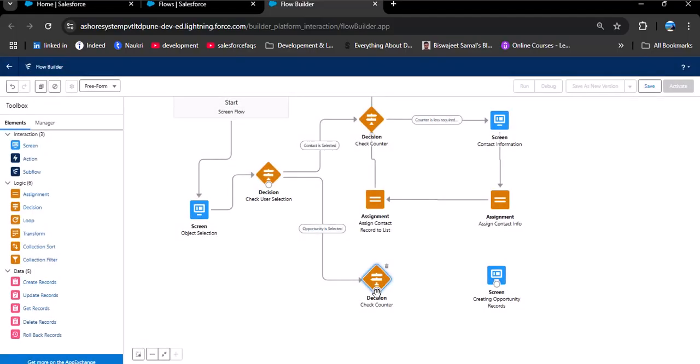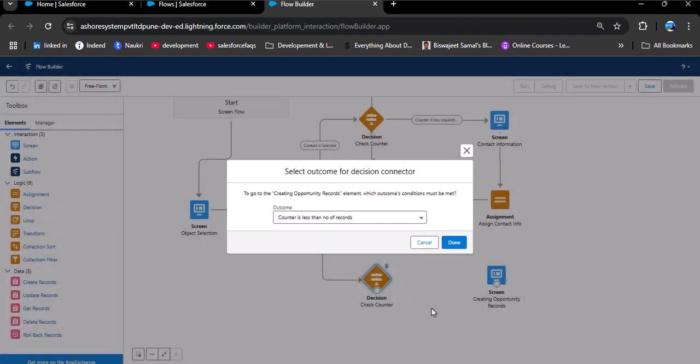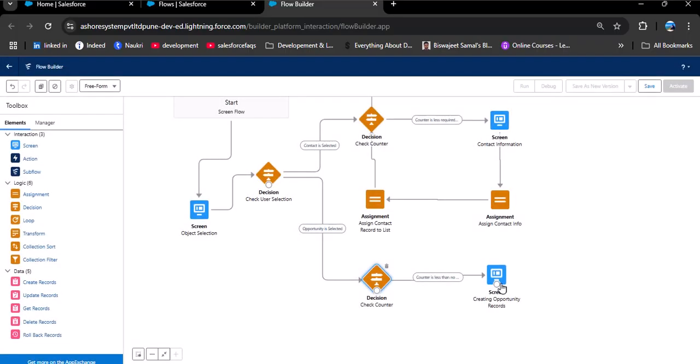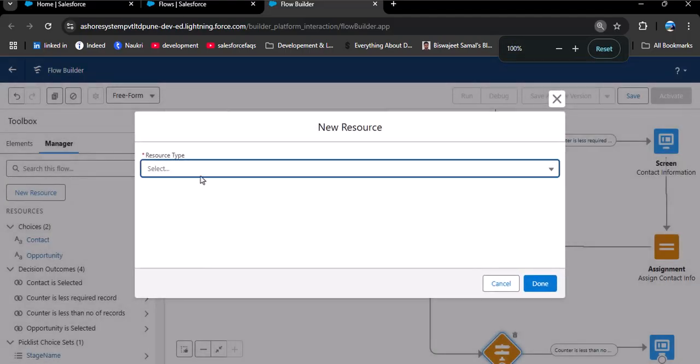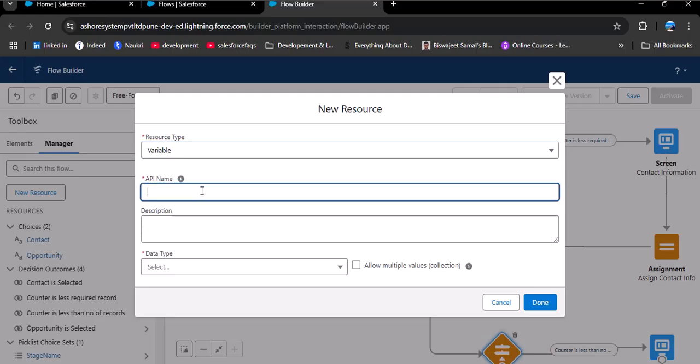Now let's connect the decision to the screen, and here you can see counter is less than number of records. Click on done. Again we need to create two variables. The first one is to store one record, and another is to store the list of records. So here I am clicking on manager, new resource. In the resource type, variable, API name